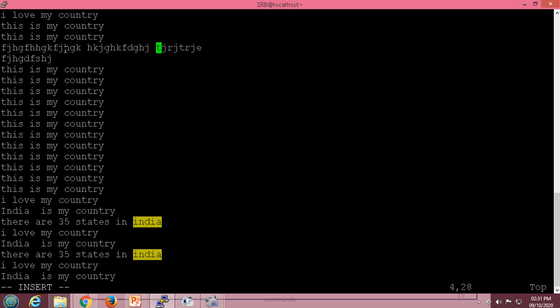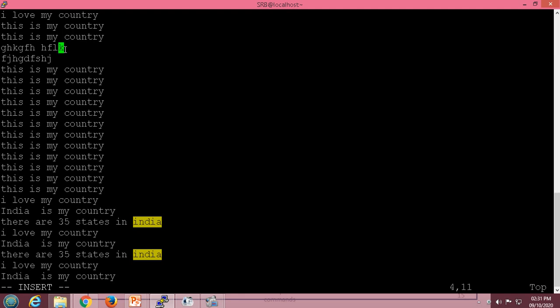The next command is capital S, which will delete the line the cursor is on. Means whatever line the cursor is on will be deleted, and now you are able to insert the new characters at that location. And you will be in insert mode. In the previous similar command, you will be in command mode. Okay, so this is the difference. In the case of capital S, you will be in insert mode, and in the case of R, you will be in command mode. So this is all about the change commands.